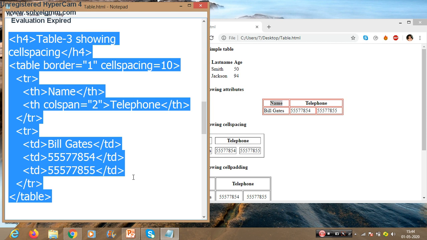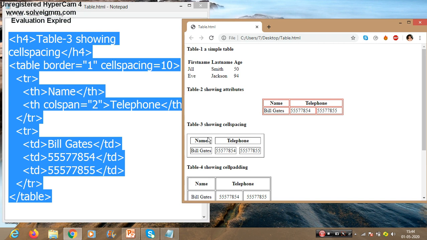See, I have taken the same program, but here we have taken just table border 1 and cell spacing 10. That particular space between the cells, this one, is your cell spacing, the space between the two cells.